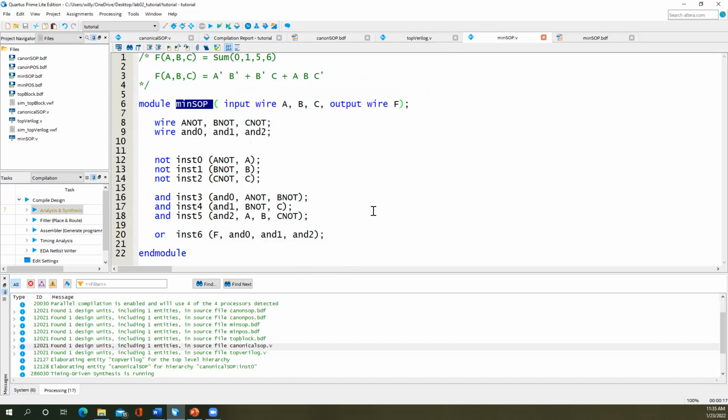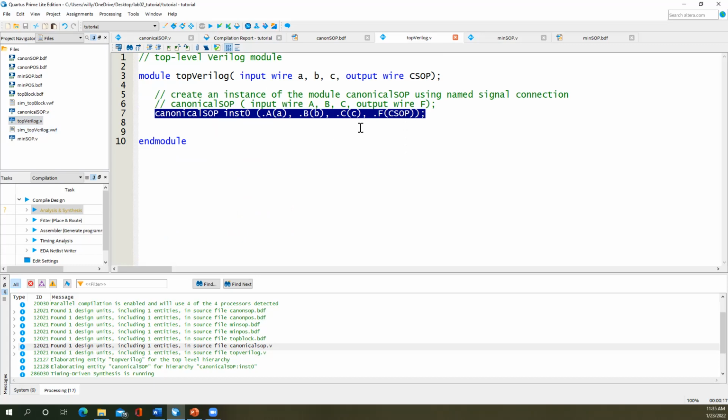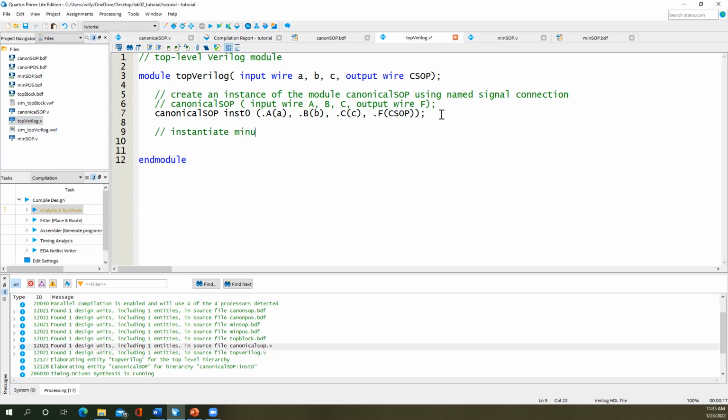Now we can make this our top level design and we can simulate it. But what we're going to do is go ahead and create an instance of it in our top Verilog file. Instantiate the minimum sum of products module